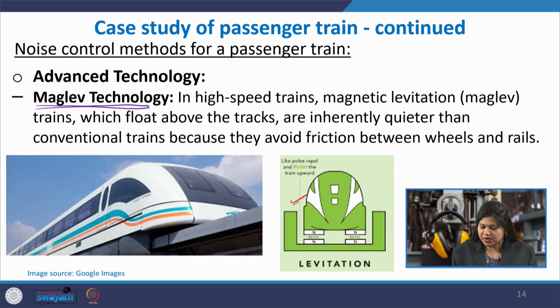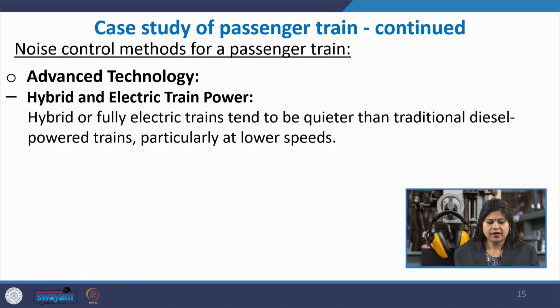This is the typical kind of schematic, and there is no direct contact between the train and the track. The train is slightly suspended upwards, or levitating, and because of that the frictional noises and the rolling noises, all of this could be avoided because of the new propulsion technology. Then some other advanced technologies, such as hybrid and electric train power, would help in reducing the engine noise